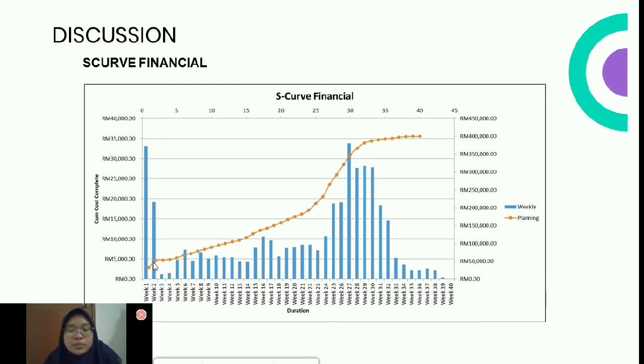The orange S-curve line shows the plan of the cumulative cost complete throughout the whole project, from the first week until week 40.